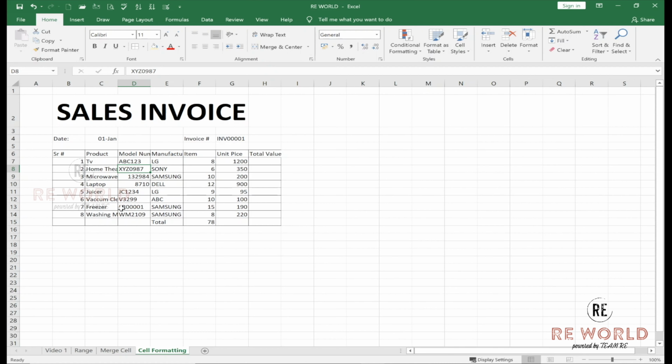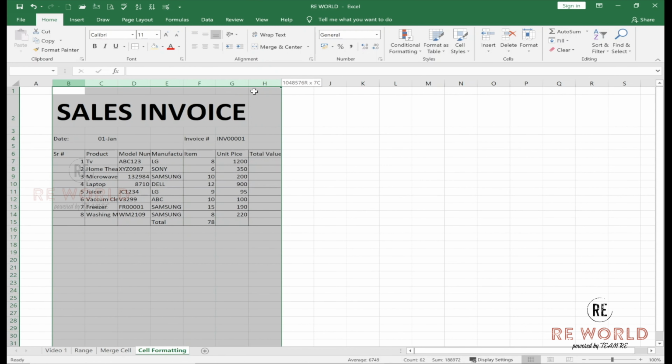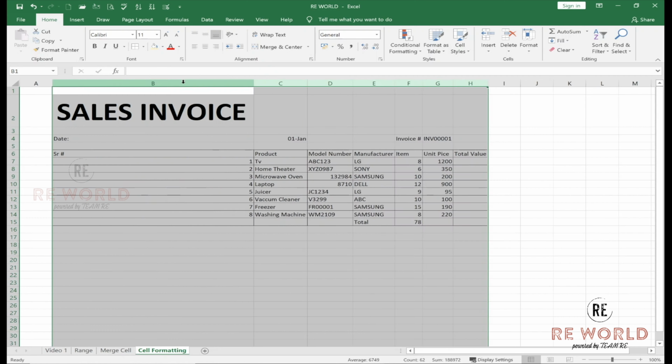Okay, now I'm going to tell you different techniques of how you can expand or resize the columns and rows. The easiest and the shortest way is to select these columns as a range from column B till column H, because our whole data is from column B till column H. So we will simply select these columns, and you see there is a light line between the two columns. Go to any of them, from B till H, on the selected ones, not on the non-selected ones. I will simply bring the mouse cursor here, and double click.